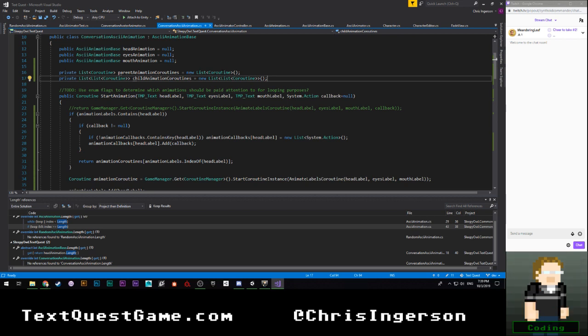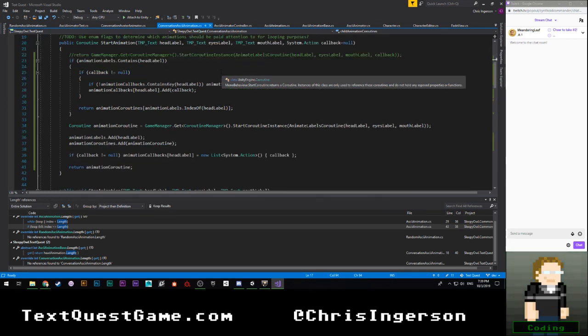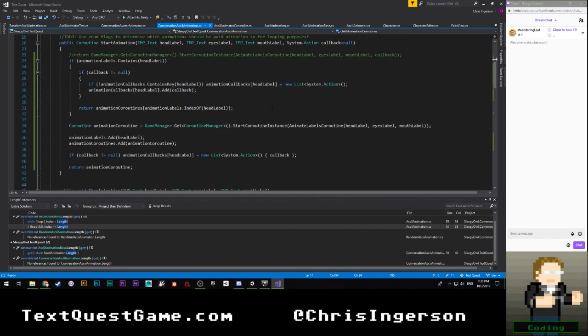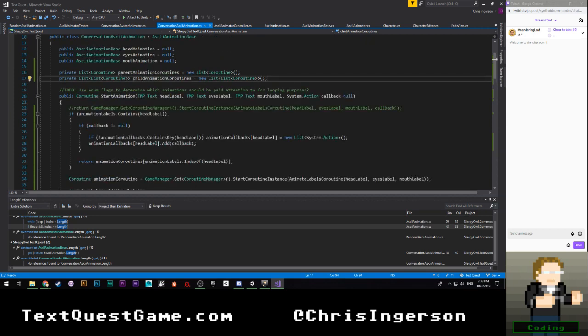Yeah, it's not great. So coroutine and coroutines won't work. I do have to keep track of this coroutine still, but it won't work the way that I want. Of course, this got complicated again.